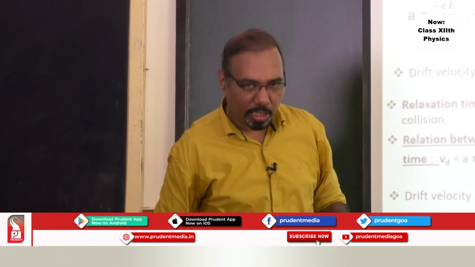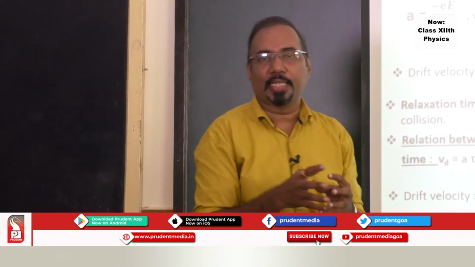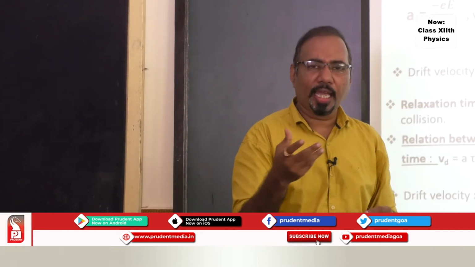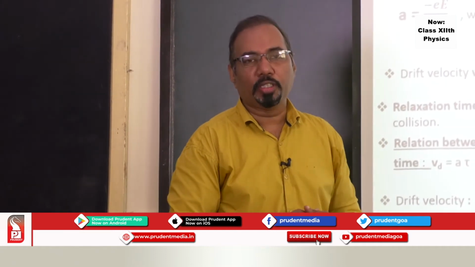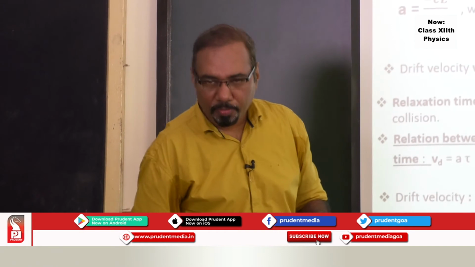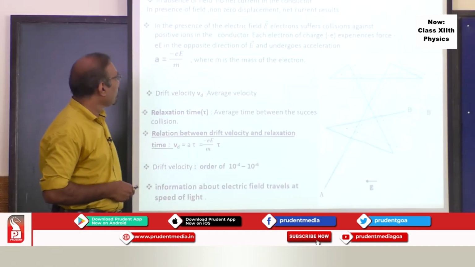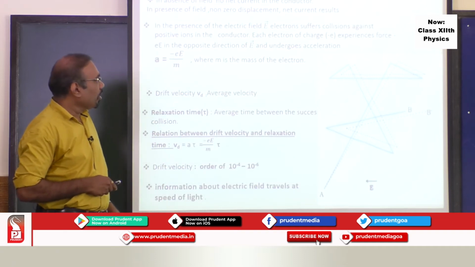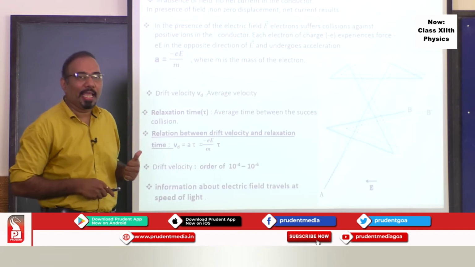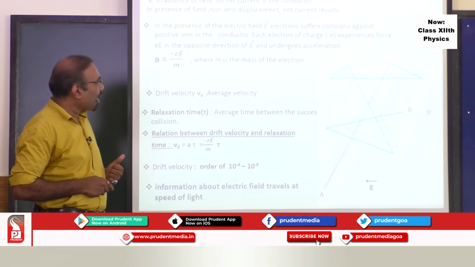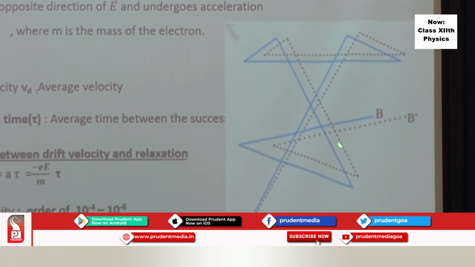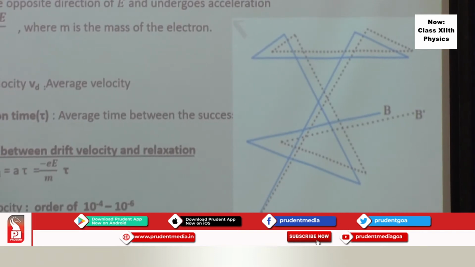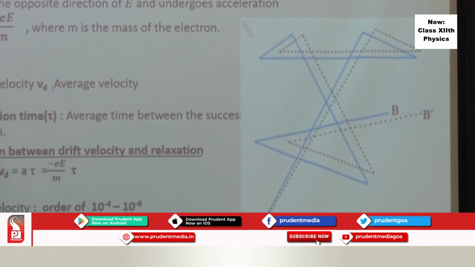So what is drift velocity we are going to define now. This is what is happening inside the conductor. We can come out with the formula for drift velocity, and then we can define one more concept based on this. So how can we find it out? We define drift velocity as average velocity. Why do I say average velocity? Because electrons are colliding, they have some velocity, they collide, and they have a different velocity. After each successive collision, the velocity changes.